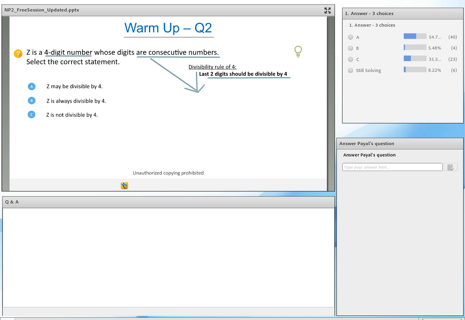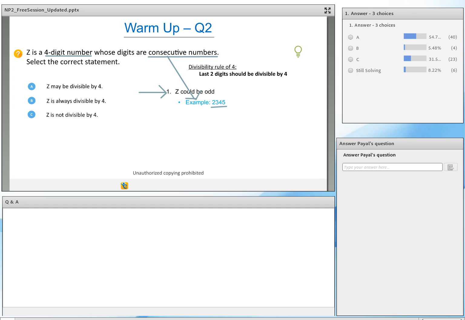In this case, there is no sum involved, which means it won't really make sense for me to assume that one digit is x and the other one will be x plus 1. We don't really need to go that route. Here, because we are interested in only the last two digits of the number, there are two cases that are possible. One is that the number could be odd, for example 2, 3, 4, 5. I'm assuming these numbers keeping in mind the information that's given to me; I'm not just taking these numbers at random. Because it's given that the number has consecutive digits, I'm assuming 2, 3, 4, 5 in the first case,